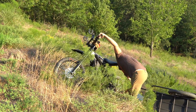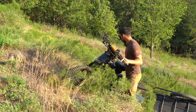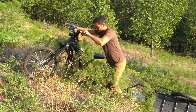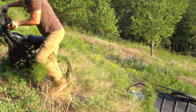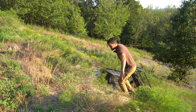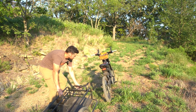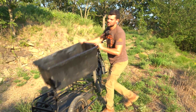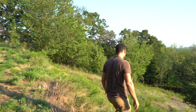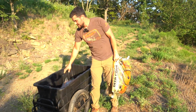I'm gonna hook the trailer. Goodness. All right. That was kind of spooky. Whew. 200 pounds for this thing is a lot of weight. It's pretty surprising how good it does to begin with. This hill, I'm sure, is a lot steeper than it looks from the camera, because it's pretty steep right here. I can ride the bike up it, no problem. But with all this weight,